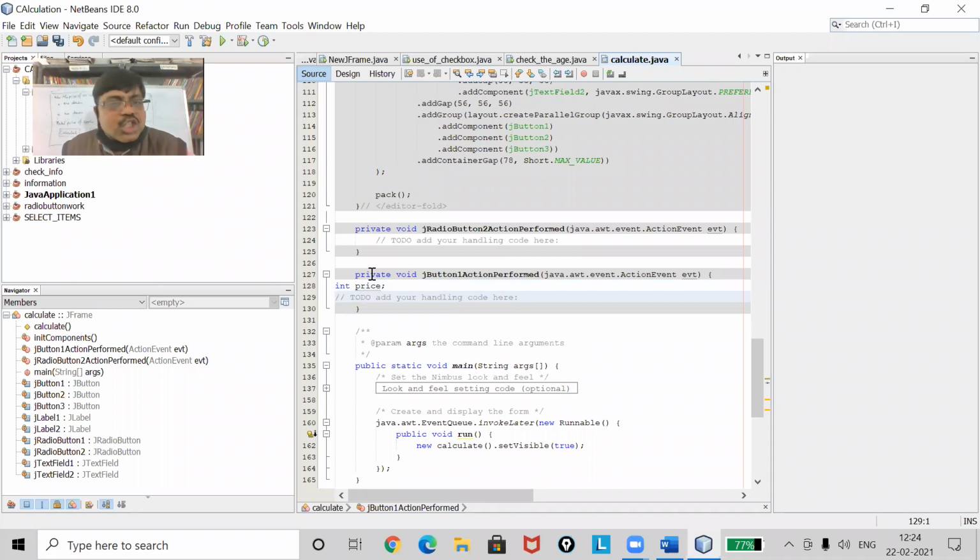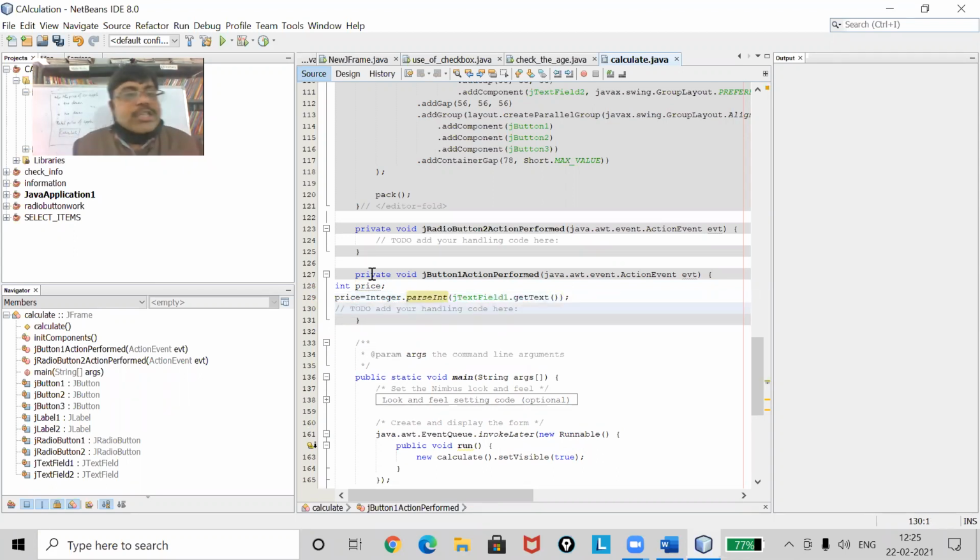Now where will this one be used? For the text field 1. So here price equal to Integer.parseInt(jTextField1.getText()).